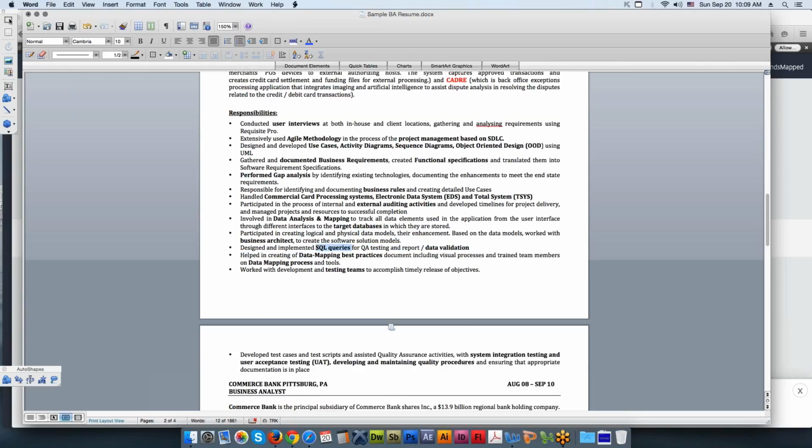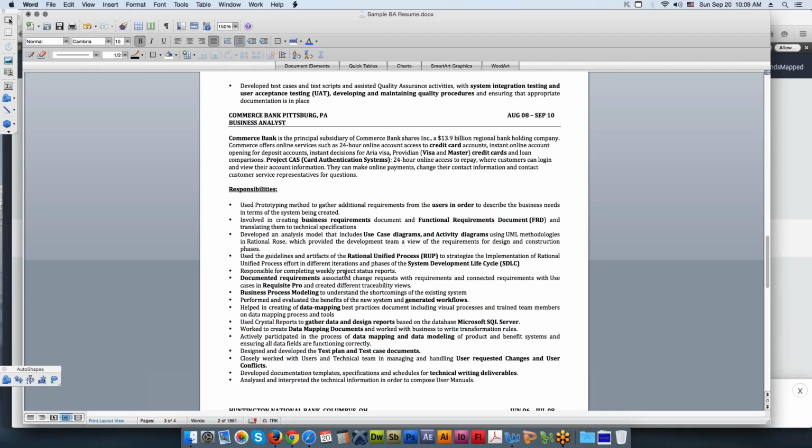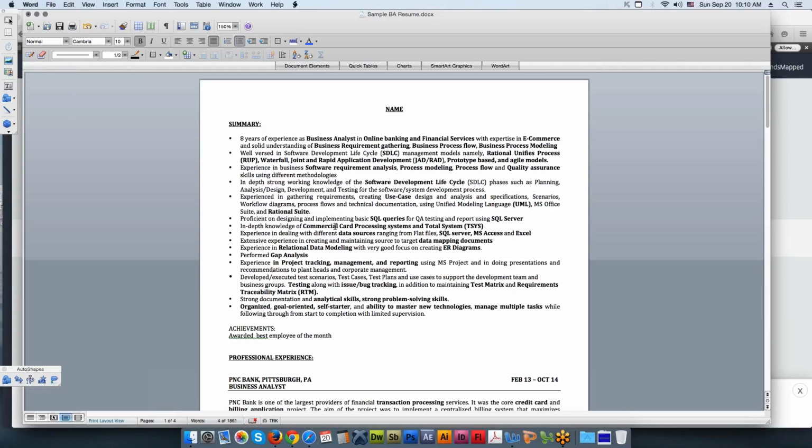If you have knowledge of SQL and business requirements, various elicitation techniques and documentation techniques, and different software development lifecycle models that you have worked on. If you look at this resume, in this project, this particular BA has worked on Rational Unified Process. And if you look at another project, this person has worked on, let's say,